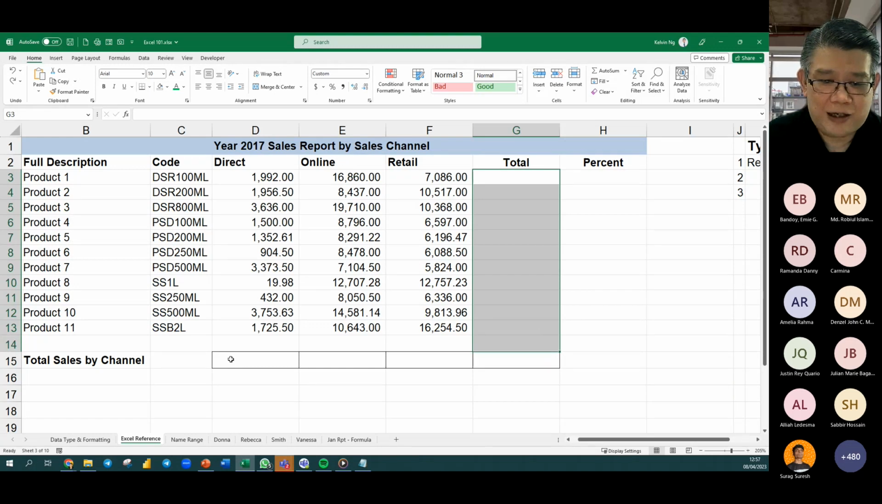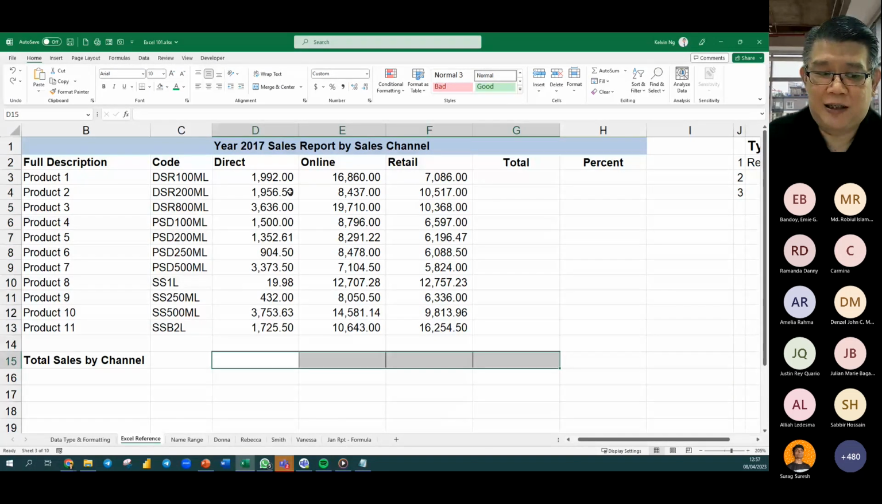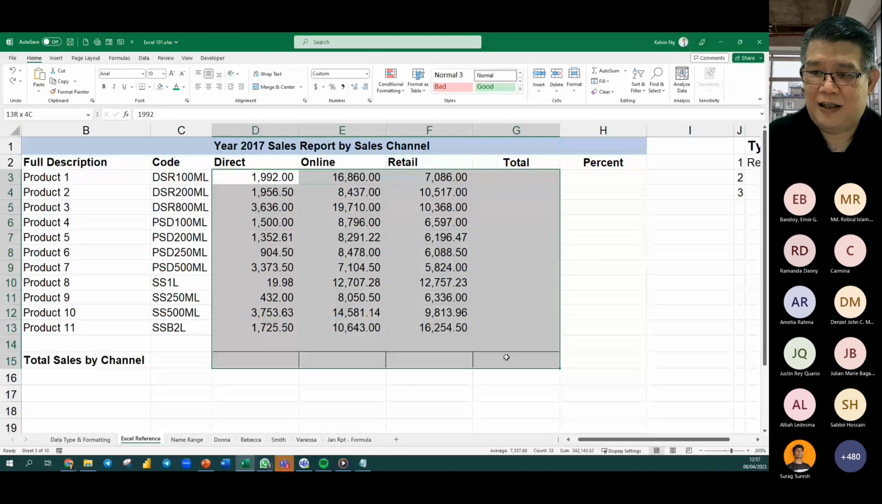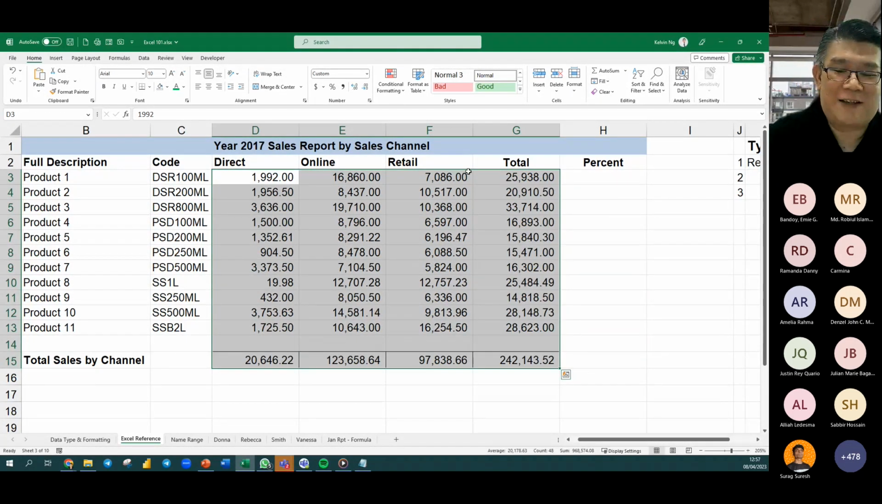I know I want to get a total in column G. I know that I want to put a total in row number 15. So I just highlight this, AutoSum. That's how fast it can be done. One click, you get all of them. So don't work so hard. So this is what we call